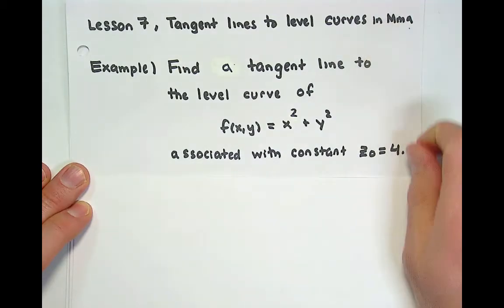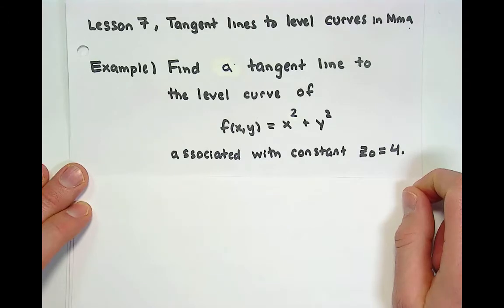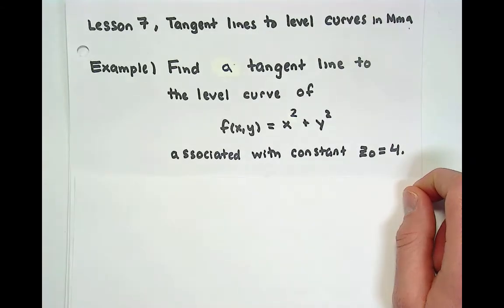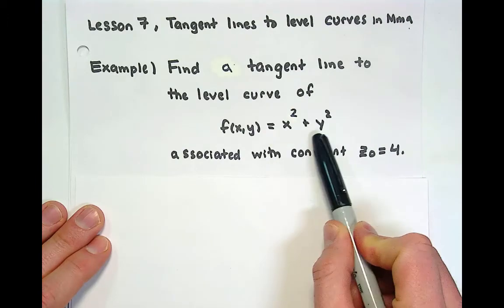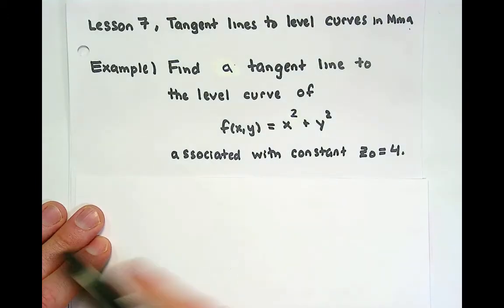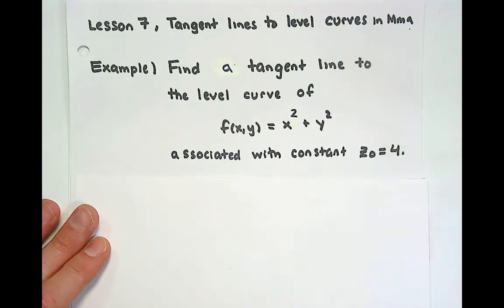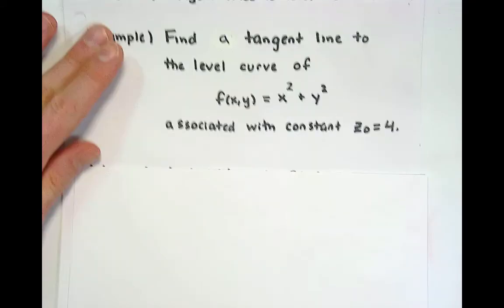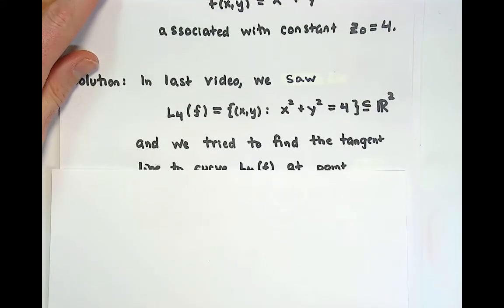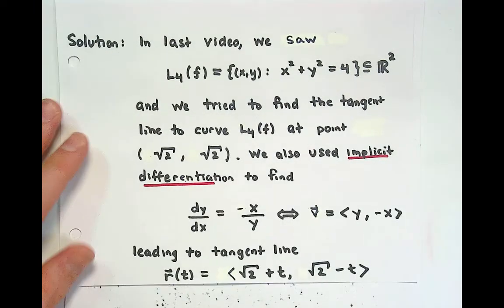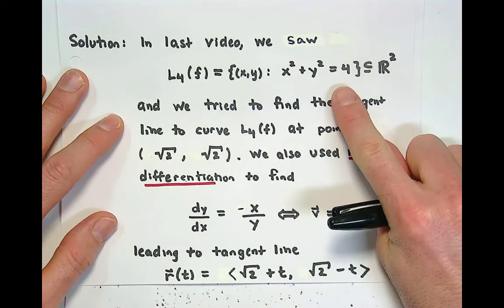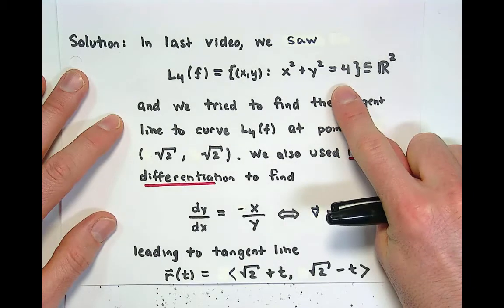So we're going to look at how to visualize tangent lines using Mathematica. The example we were working on in the last one was to find a tangent line to the level curve of the function f of x, y equals x squared plus y squared associated with the constant 4. We remember that the level curve that we generated was given by the set of all inputs x, y such that x squared plus y squared was equal to 4. Always,